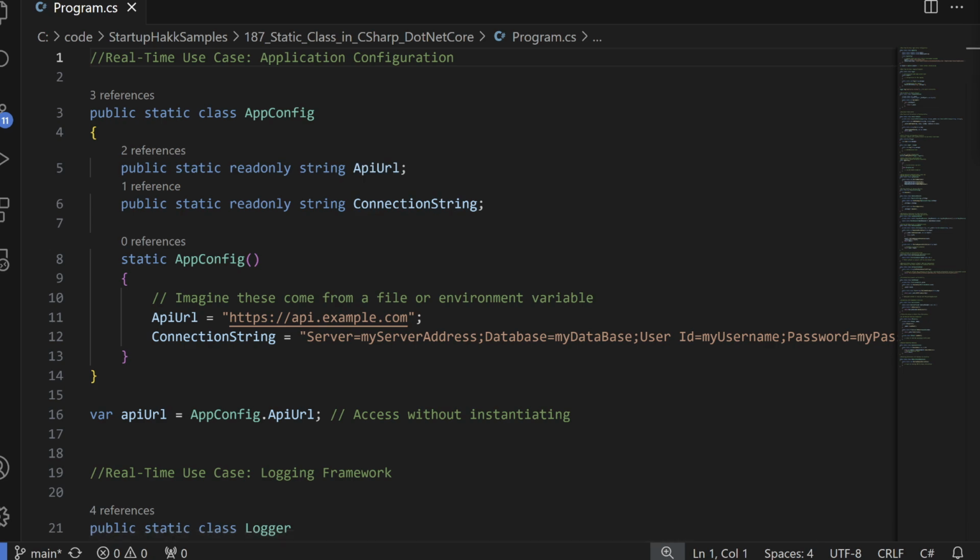So let's dig into static classes in C#. In C#, a static class is a special blueprint that cannot be instantiated. In other words, you cannot use the new keyword to create an object of a static class. Its members are accessible directly through the class name, making it a perfect candidate for utility functions, constants, and singleton-like